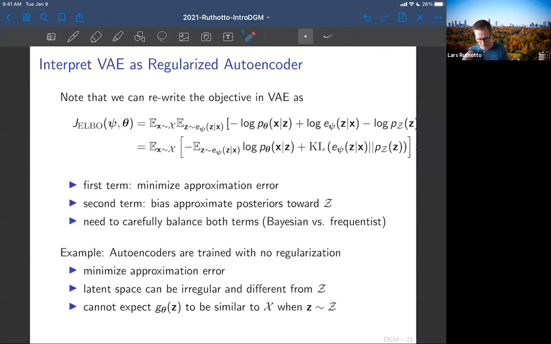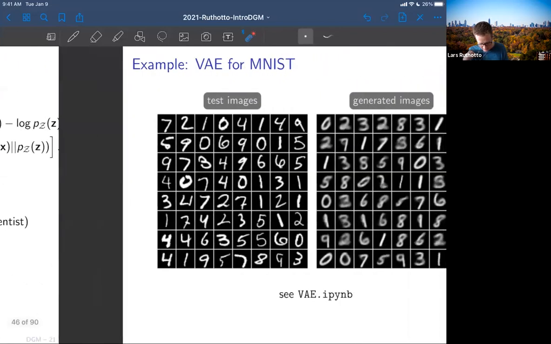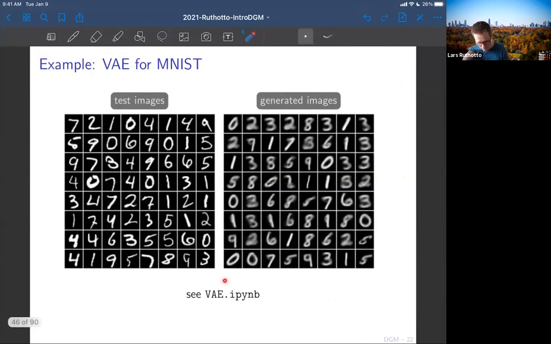And we'll look at an example now. Okay, so here's the example. And again, you can use the break to play with this example. I will show you one important thing if you try to use this on Colab. And you should be able to achieve, again, with a two-dimensional latent space, images that look like so on the right-hand side.